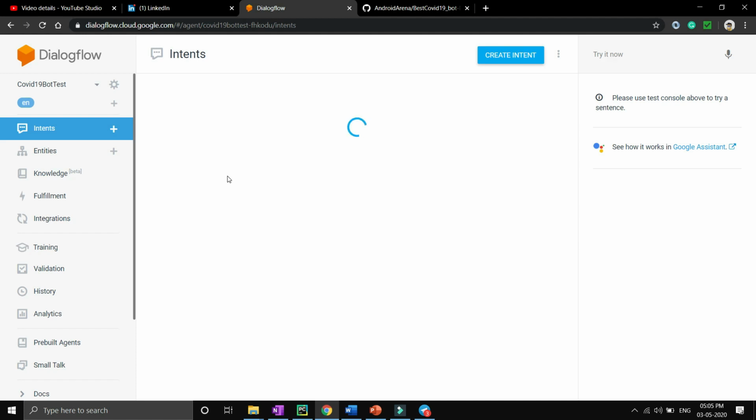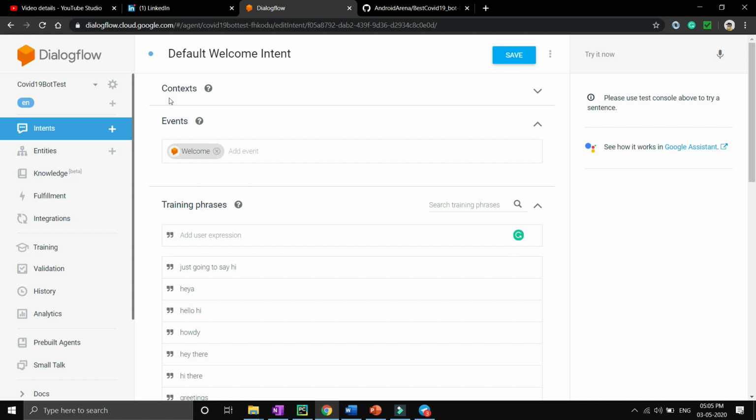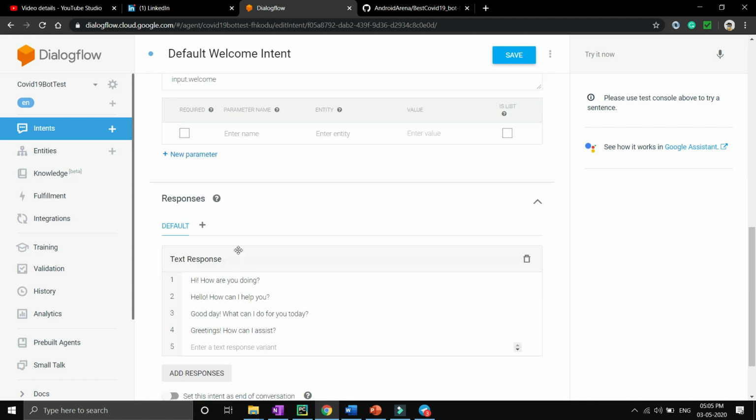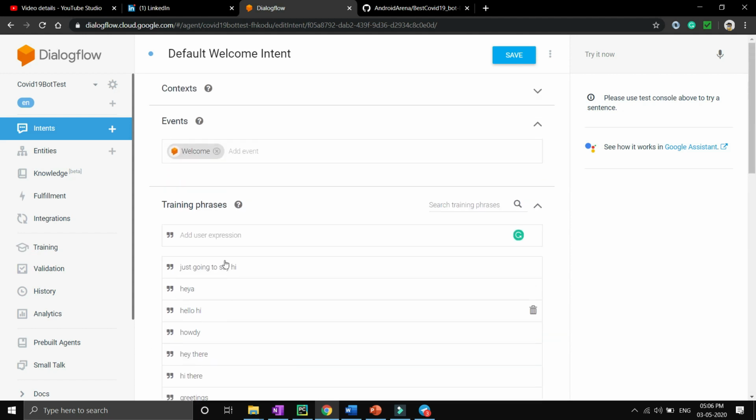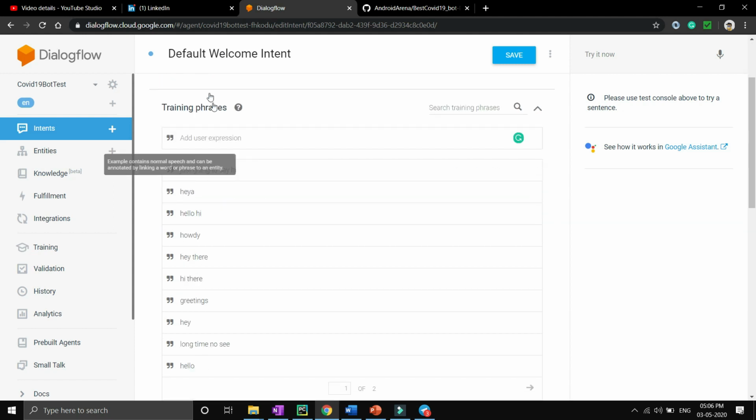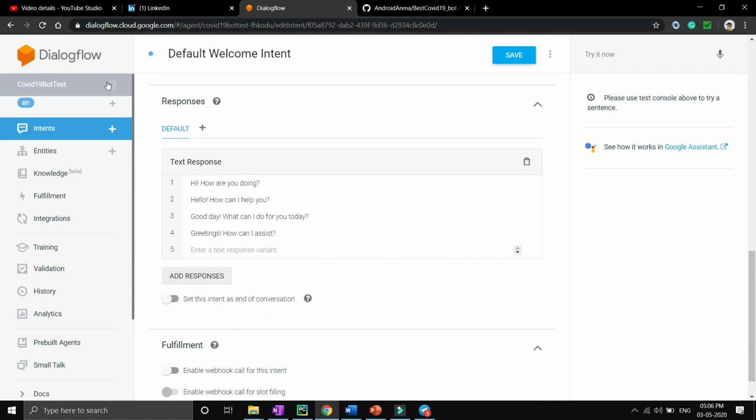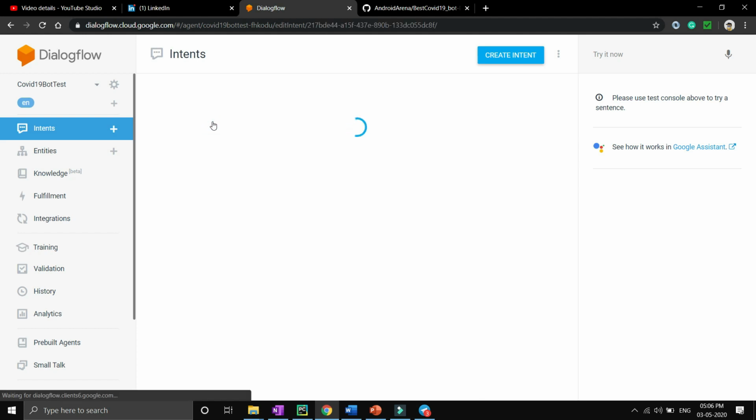So let's click on welcome intent and you will be able to see a few options like context, events, training phrases, action and parameters, and response. And then there is a fulfillment option, right? We will discuss step by step in later stages. But as of now, just understand that whenever the user asks something to the bot, let's say the user says hi, hello, or something like this, then Dialogflow tries to match that particular query with the intent and will give a response to the user like hello, hi, how are you doing, hello, how can I help you, or something like this. Let's go to the second intent, which is fallback intent.